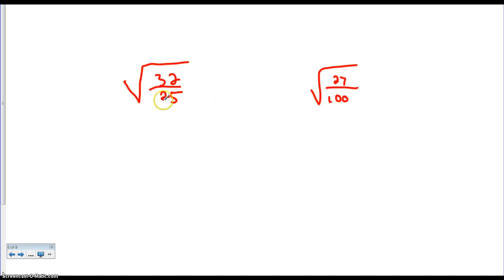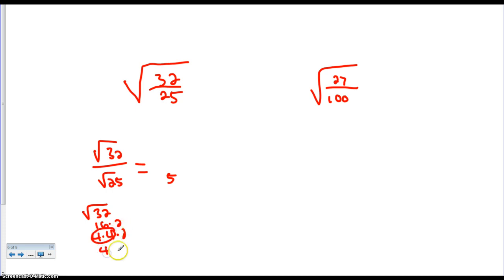Here, I have square root of 32 over 25, so I can take the square root of 32 over the square root of 25. What do I know about 25? I know the square root of 25 is 5. Now, I do need to simplify the square root of 32. Like we did before, the square root of 32 is 16 times 2, and I get 4 times 4 times 2. Because I have a pair of 4s, I can take one out, so that's the same thing as saying 4 square root of 2